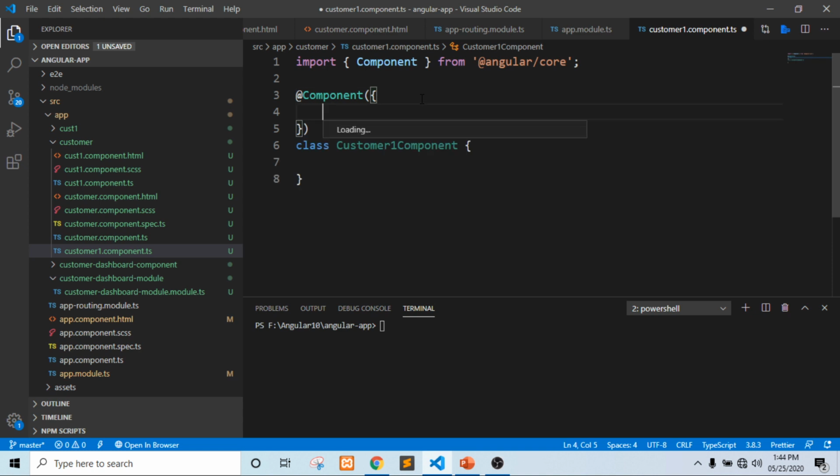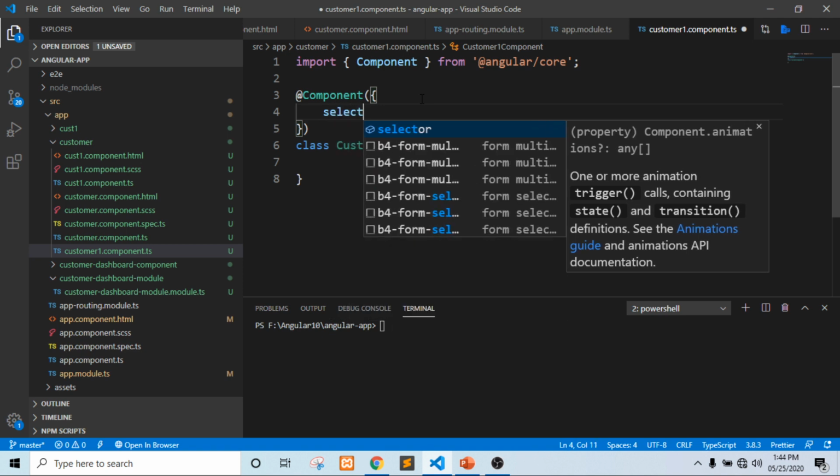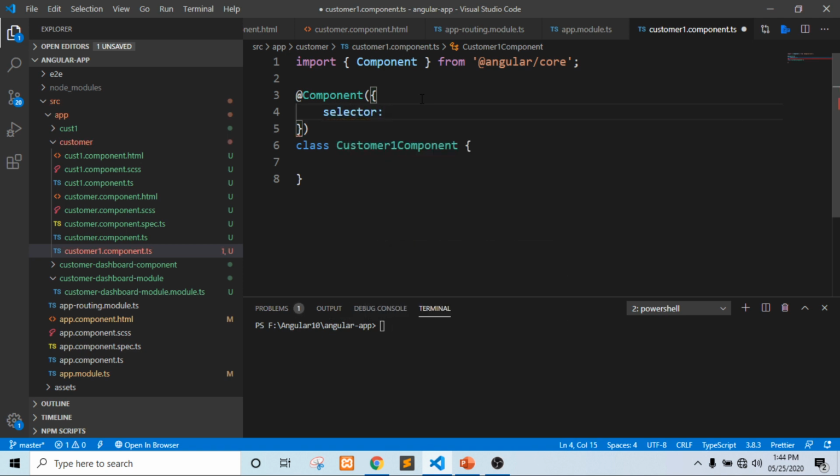The first one is the selector. The selector provides a unique name to this customer component, so we can use this selector in any HTML file and directly use that component.